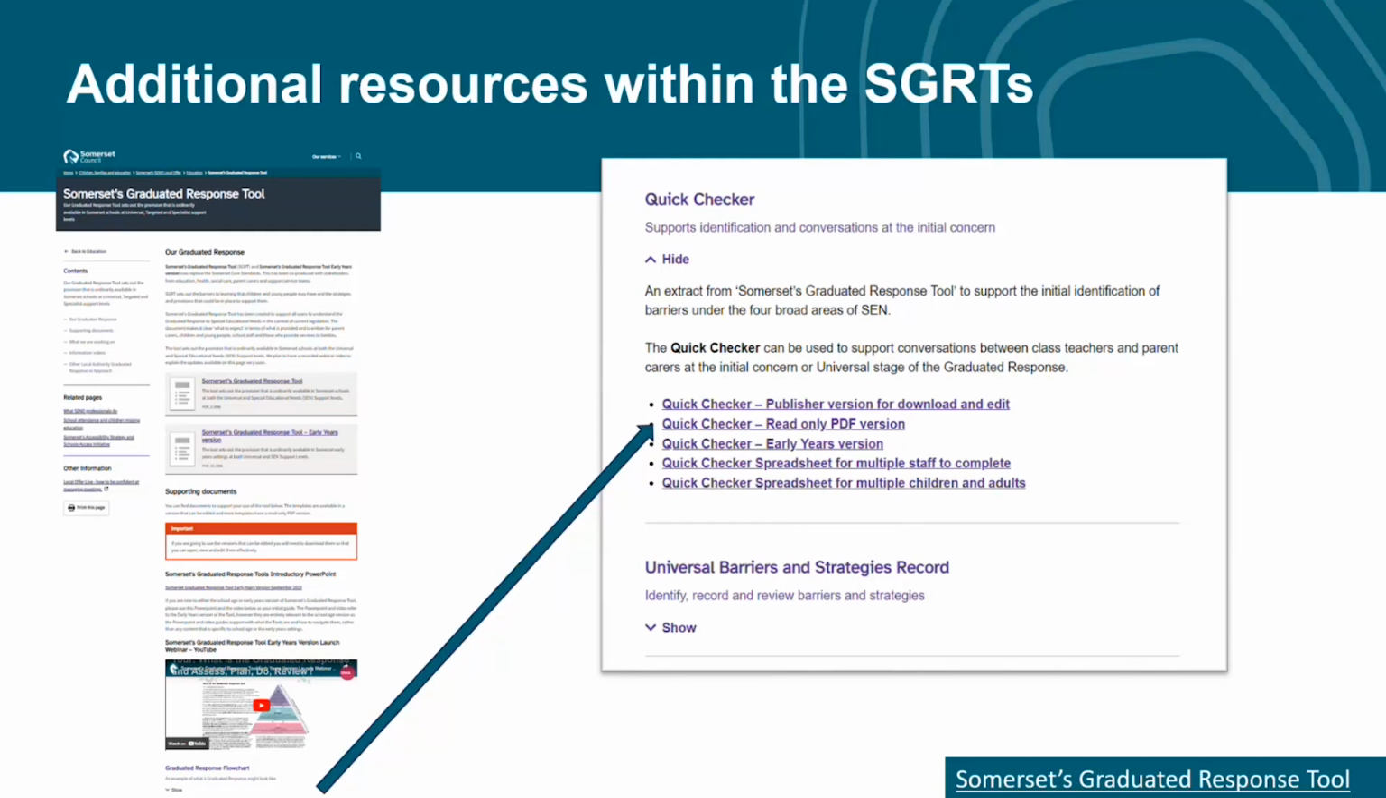So here are the quick checkers and this is what they look like. They are not diagnostic, but they will help us to organise our thoughts and concerns. These can be used as part of record keeping and to inform assess, plan, do, review processes as part of a graduated response. I will outline a scenario and demonstrate how the quick checkers are used by both schools and